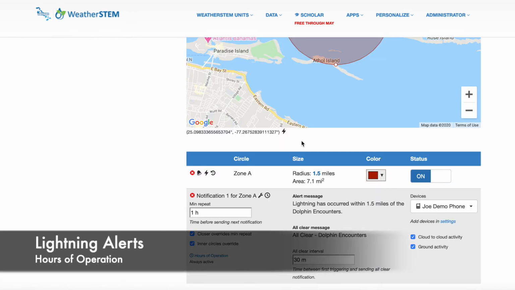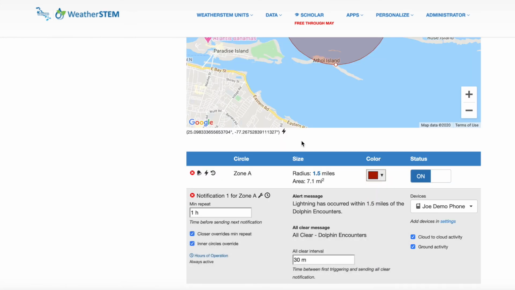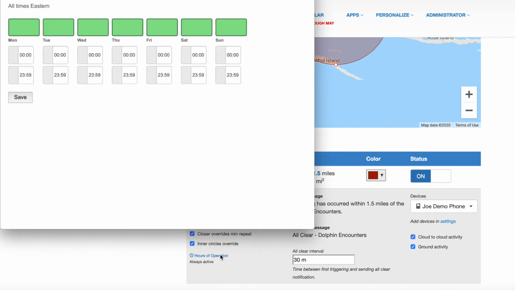Within the notifications for the Practical Lightning Assistant, there is an option to define the hours of operation for an alert. The default for this alert is always on, but you have the ability to change when each alert is active. Click on Hours of Operation, and a new pop-up window will appear to help configure the active hours. You will notice that all of the days are currently displayed with a green box. If you click on a particular box, it will turn red, meaning that the alert is no longer active on